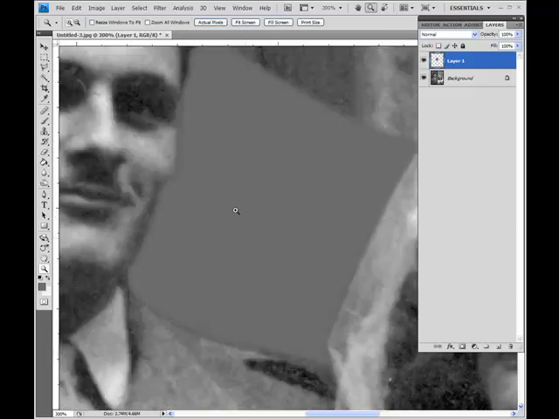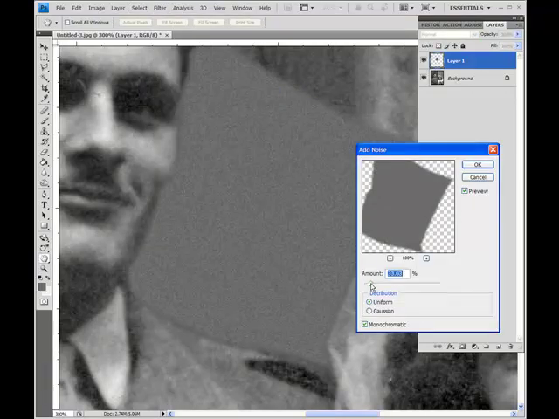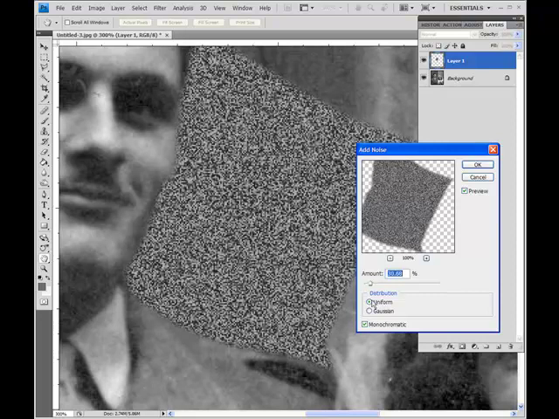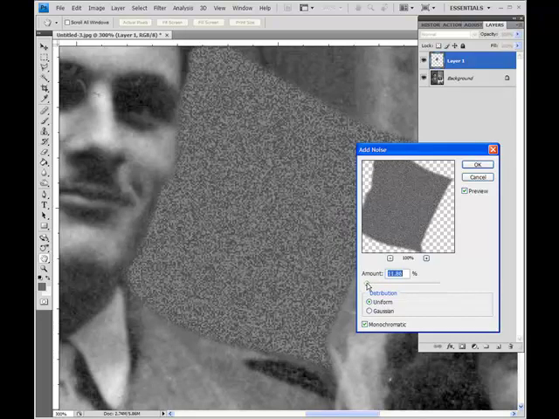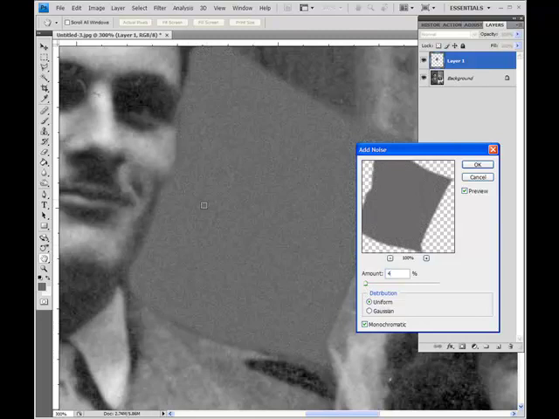It's flat and uninteresting. We need to match the grain. So from the filters menu we'll select noise and add noise. Now you can move the sliders up and down, selecting monochrome to try and match the background grain or the foreground grain. In this case I think I tried about 4 and that seemed to match. Let's just check the others. 2 not quite enough, 4's fairly good. So we'll go for 4 there on the uniform